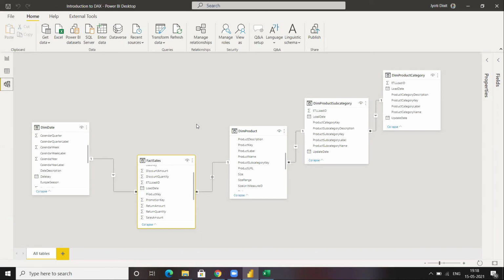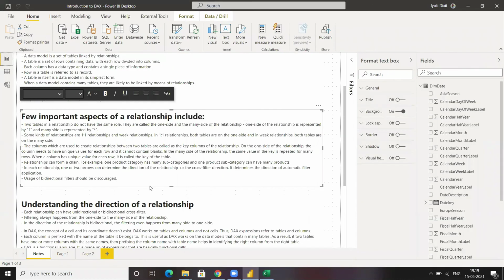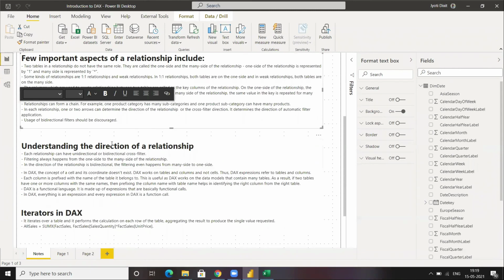Tomorrow we will be covering this ambiguity thing, how both cross filter direction can cause blunders in the report and can cause very faulty figures. So this will be discussed tomorrow for sure. Now, understanding the direction of a relationship. Each relationship can have a unidirectional or bidirectional cross filter.